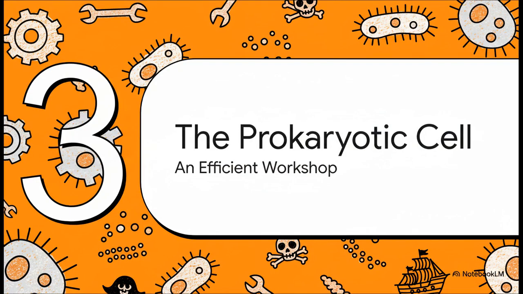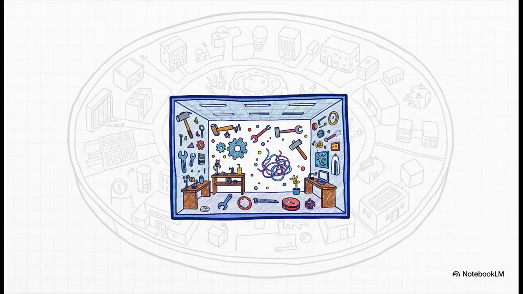Okay, so now let's jump over and explore the other empire. If the eukaryotic cell is this complex, sprawling city, well, the prokaryotic cell is more like a stripped-down, incredibly efficient one-room workshop. Seriously? There are no fancy departments or membrane-bound offices here. Everything just happens together in one open space. It's way smaller, too. Often 10 times smaller than a eukaryotic cell,